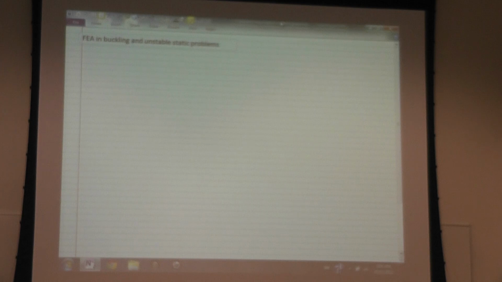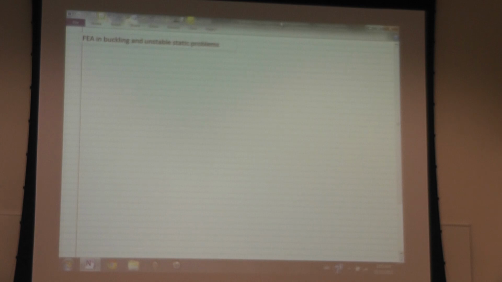So today it's going to be the last bit of the theoretical part. We're going to talk about something called the line arc method. We're going to introduce the principles behind the line arc method, and then I'm going to go through an example in Abacus on how to model